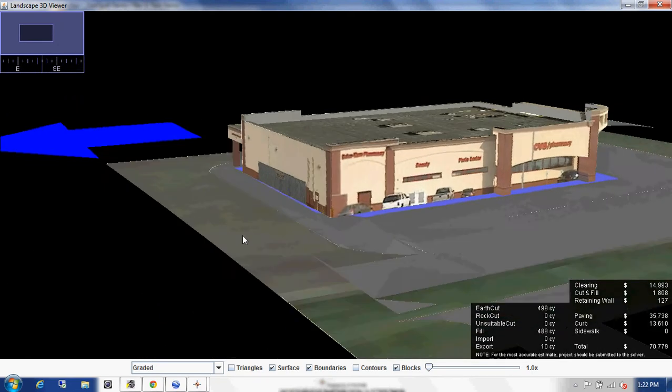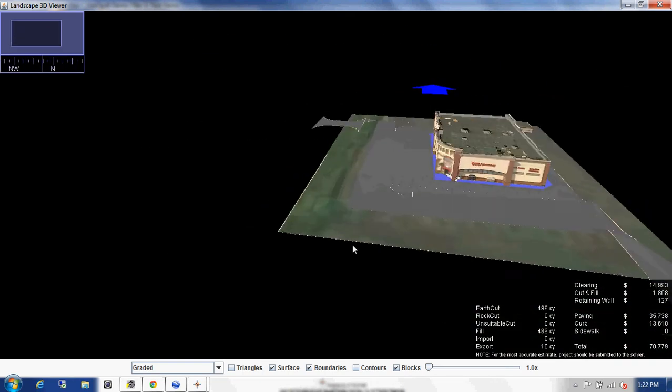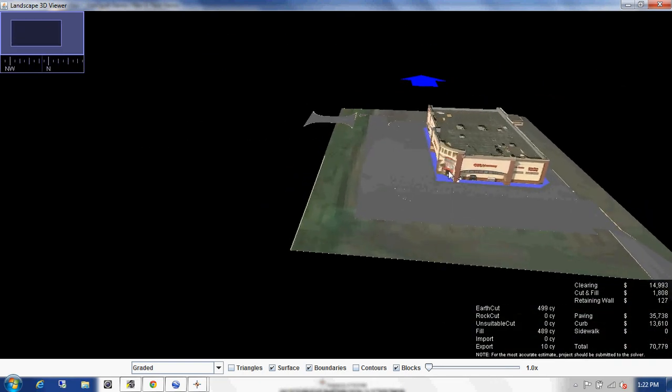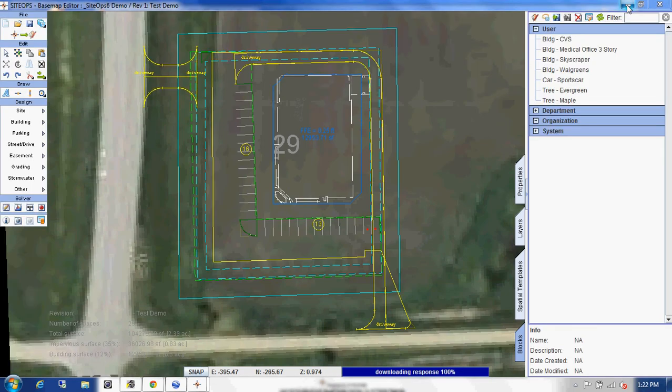And this is something that I've done in a couple of minutes here. It's shown what this looks like. We can not only do a site plan, give you cost estimates, but now we can do this visualization very quickly. And actually what this software does from here, we can export into